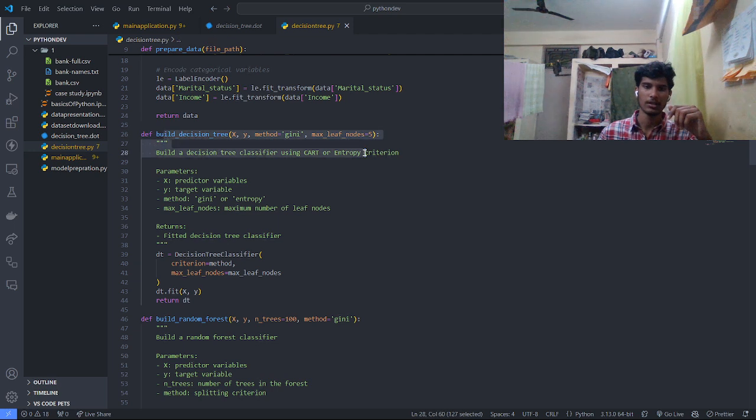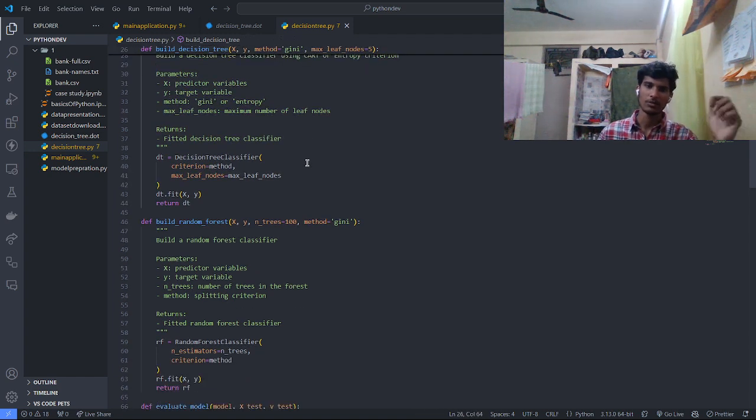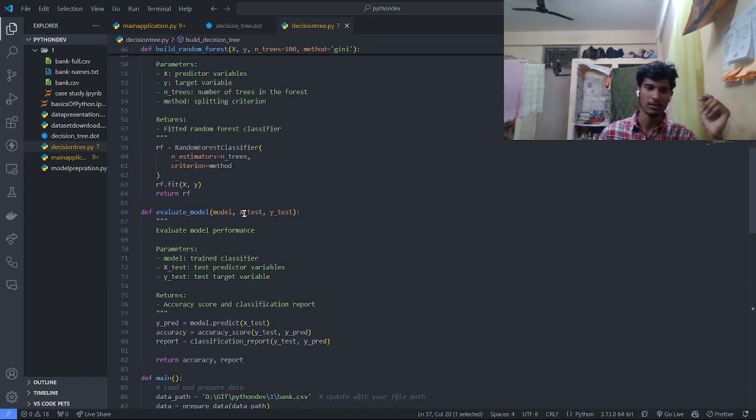Then the building of the decision tree takes place. The method and the parameters are passed over here. Maximum leaf nodes are taken as 5 here. This inbuilt decision tree classifier function makes the decision tree using the parameters given to the function,